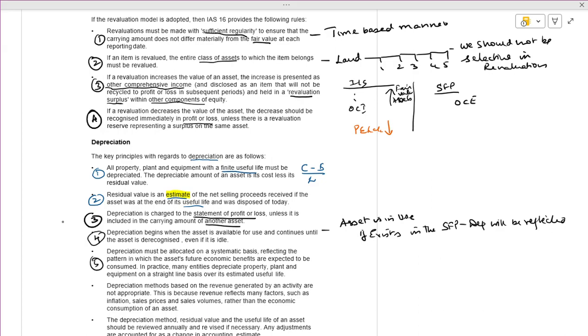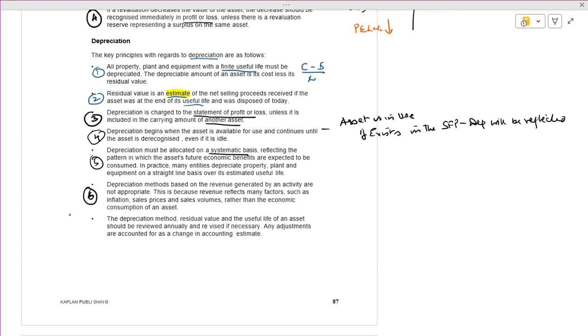Point number 5. Depreciation must be allocated on a systematic basis. Methods are there: the straight line basis, the written down value method, the diminishing balance method, the units of production method, the double declining method, and the sum of years digit method. Depreciation is done on a systematic basis, and depreciation methods based on the revenue generated by